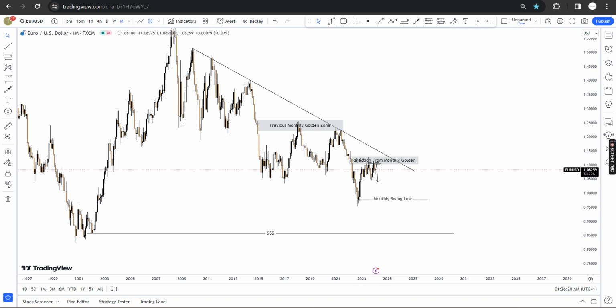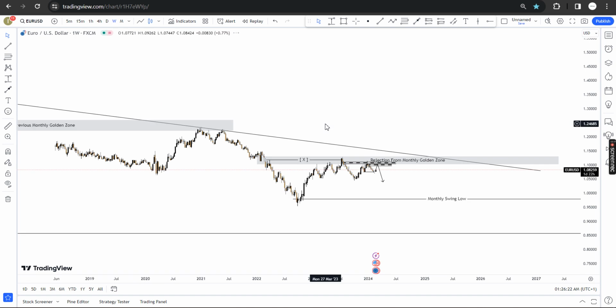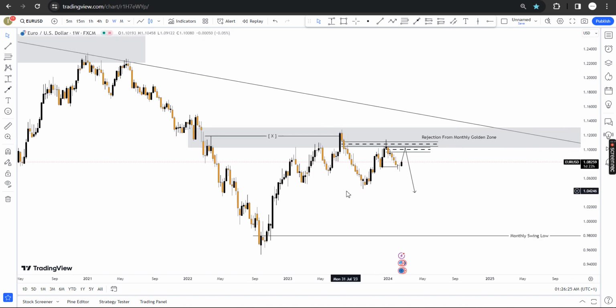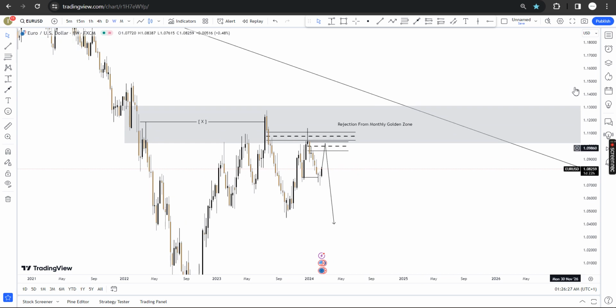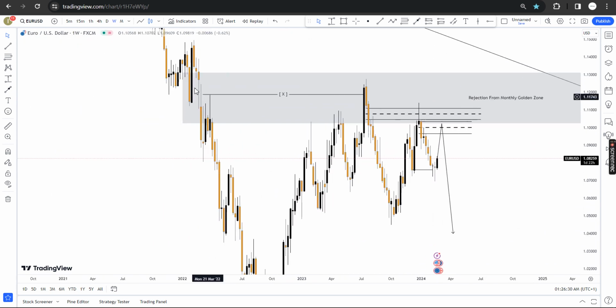So let's go to the weekly and see what weekly is doing. So what can we see on the weekly? This move was a very interesting one for me because I didn't know what to call this or how to classify this. You see, 2 weeks. Normally it's supposed to either reject from the body or reject from, but see, it's like a week filling up a week. So I was actually looking at the reaction when this happened, only to see that the price treated it as